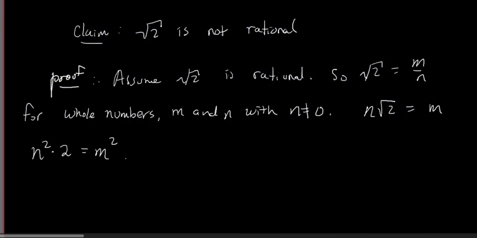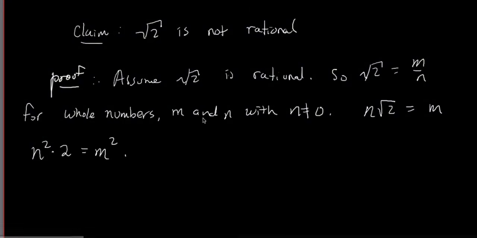Now, what we do is we appeal to something called the uniqueness of prime factorization, which you probably heard about in school. It's the idea that every positive whole number greater than or equal to 2 has a prime factorization, and that prime factorization is unique. That is, you can write that number, that integer, as a product of prime numbers, and there's only one way to write that number in that way. You cannot write a positive whole number greater than or equal to 2 as a product of primes in two